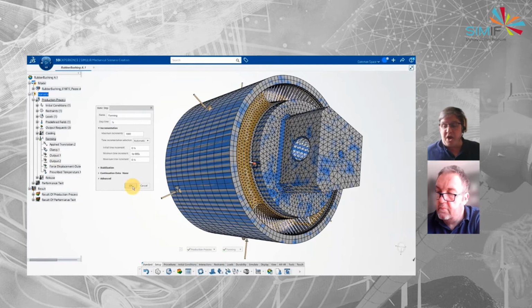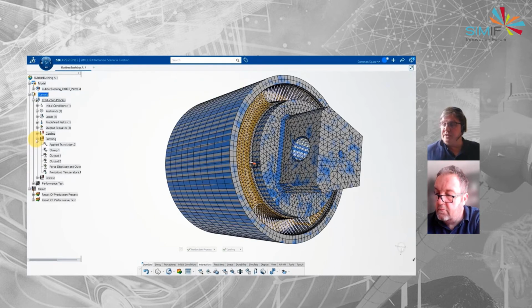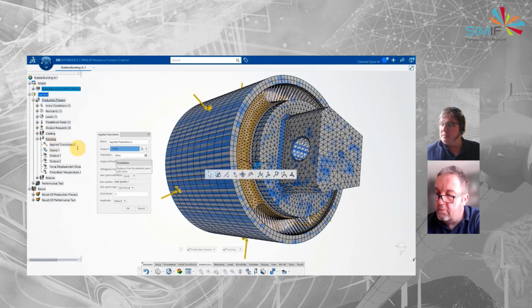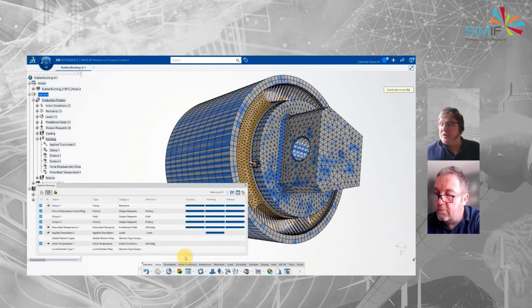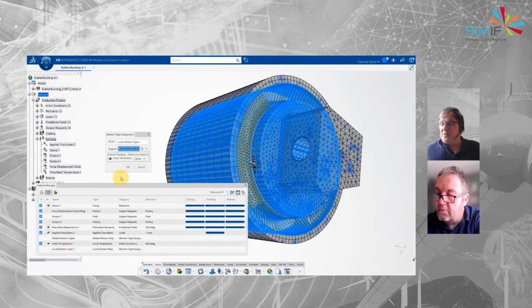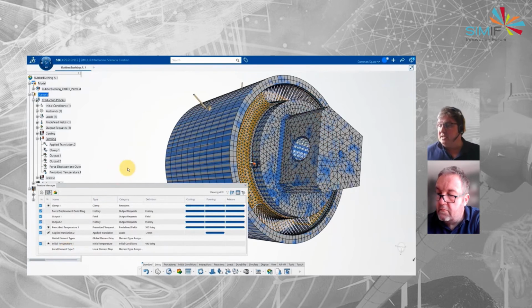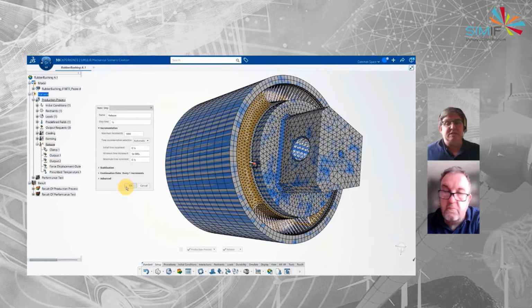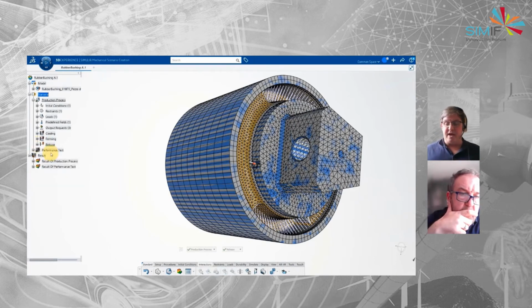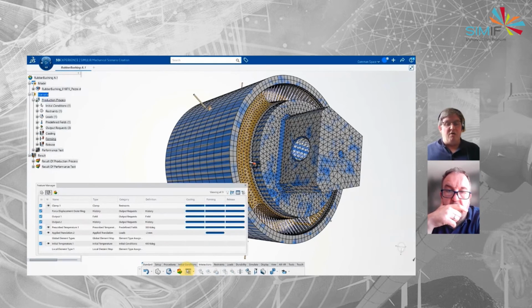Forming, we're going to apply that 2 millimeters radial compression. And then finally, we're going to release. So with the feature manager at the bottom here, we can see the various stages that are all going to happen and what parts of the assembly that they're going to happen to. So now we tell it that we're going to release that. So there we go. We've now created our initial manufacturing process of this bushing.